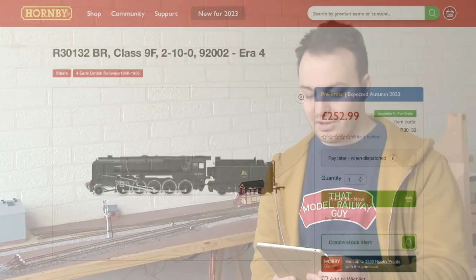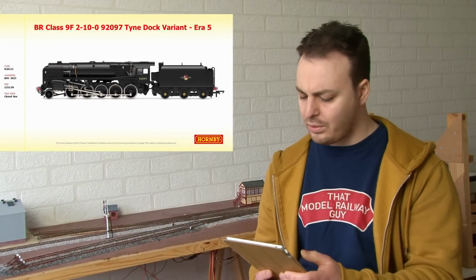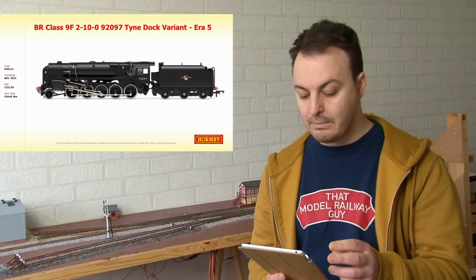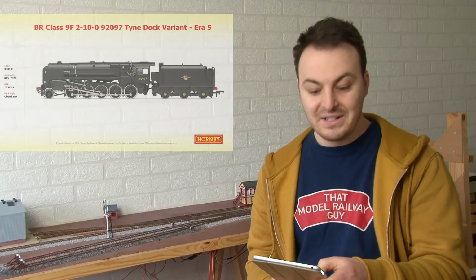As I predicted, we are getting some new 9Fs as well. So yeah, I think that was a pretty safe prediction on my part. There's 3 new ones here, and we're getting a Tyne Dock version as well. Are all of them Tyne Dock versions? No, actually it's not 3, it's just 2. But one has a sound-fitted version as well, so it looks like 3. Okay, cool. So I'm going to race through these fairly quickly now because these are sort of the smaller